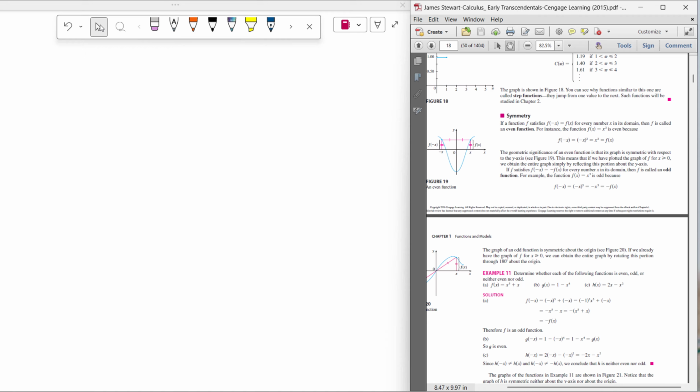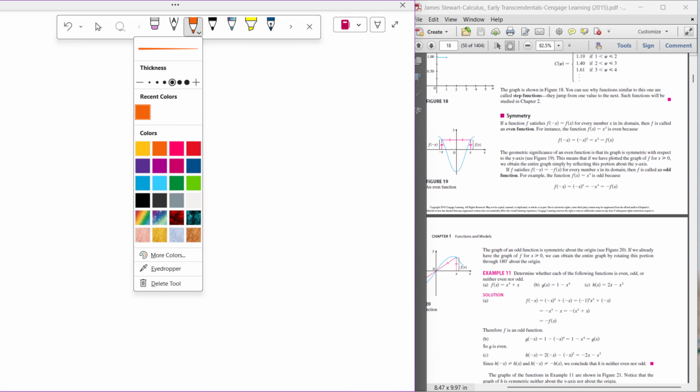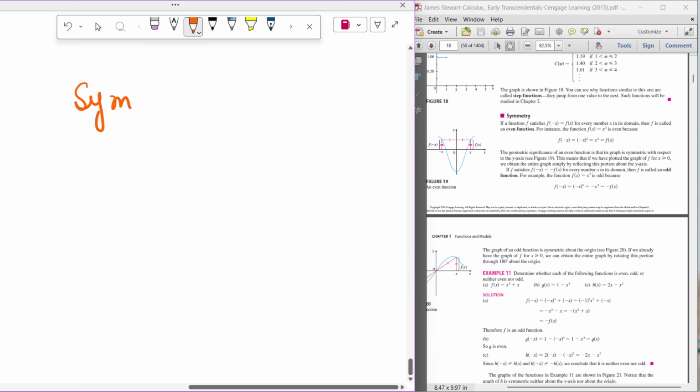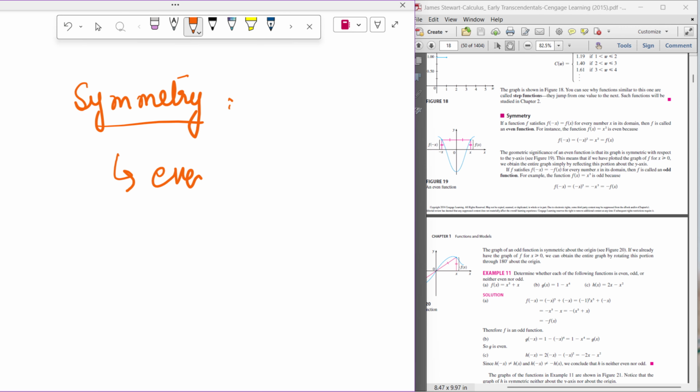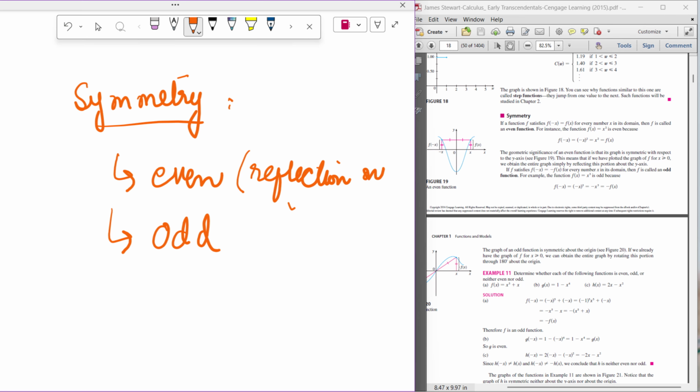Let's start with another topic that is called symmetry. Symmetry of a function basically defines a pattern in the graph. It can be the even symmetry or it can be the odd symmetry. Always remember, the even symmetry is basically the reflection on the y-axis, and the odd symmetry is basically the rotation